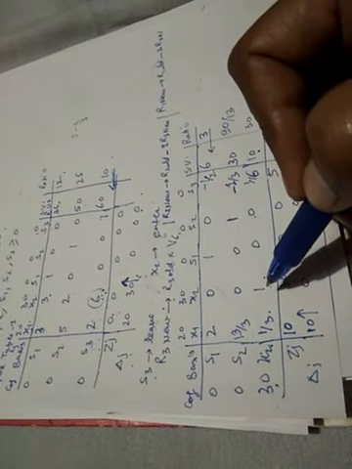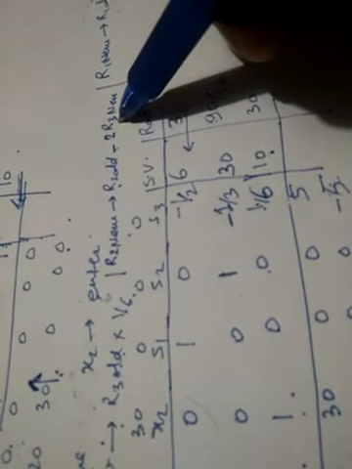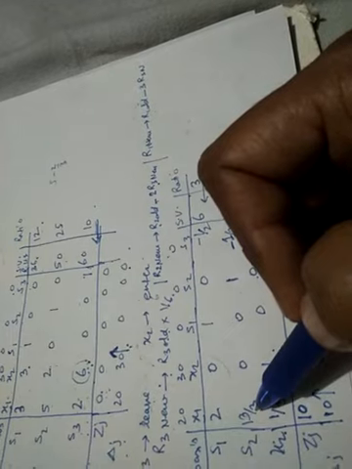So here it is 2 and here it is 1. So if we multiply this row by 2 and then subtract from this row, you will get 0 here. So this is the reason here command is written R2 new becomes R2 old minus 2 times R3 new. Now see, if you multiply 2 here, it will become 2 by 3. So 5 minus 2 by 3, 2 by 3, 15 minus 2, 13 by 3. Then in the same way you can see all the values. So here you will get 0.